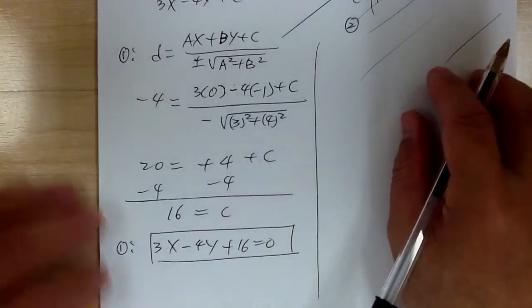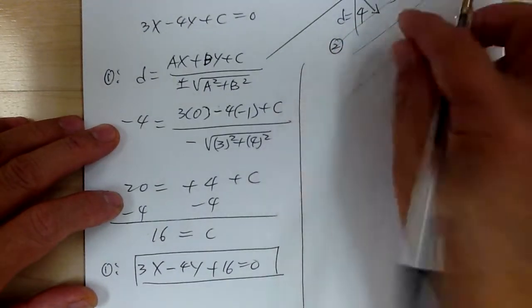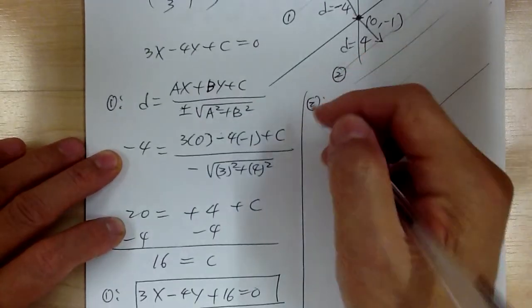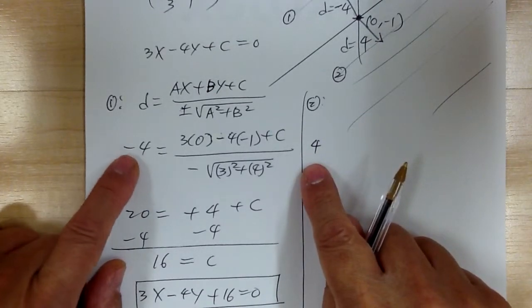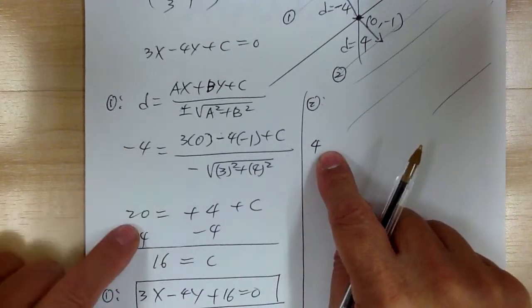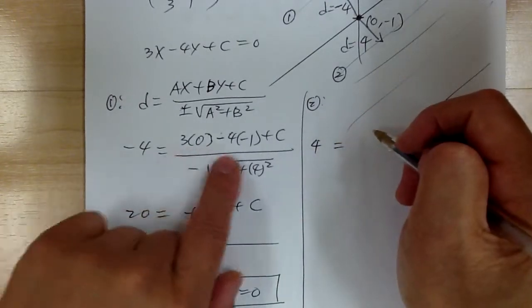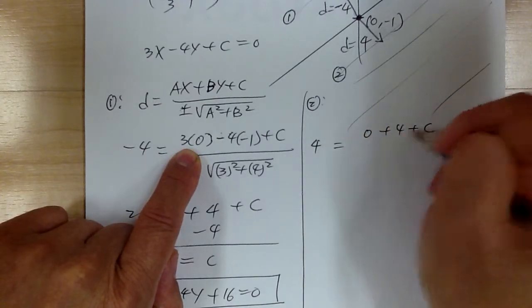Okay, now do the b. Okay, you're going to do the same thing. So but this one, the 2, right? For the equation 2, the d is positive, so you're going to get positive 4 instead of negative 4, right? So again, this one is negative, this is positive. Okay, equal to, I'm going to just work it out, use this one. You're going to get 0 plus 4 plus c over